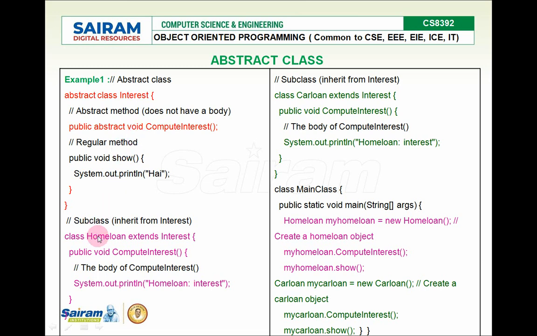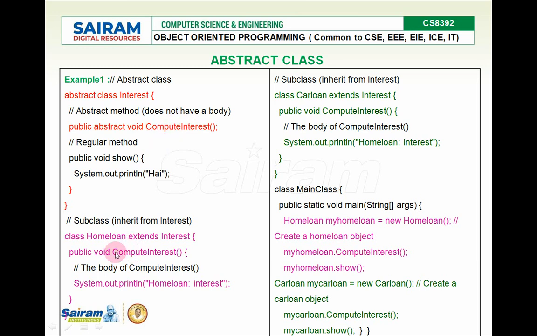And here I'm having a child class called HomeLoan. HomeLoan extends the Interest base class, which is the abstract class. This subclass is defining the computeInterest abstract method.